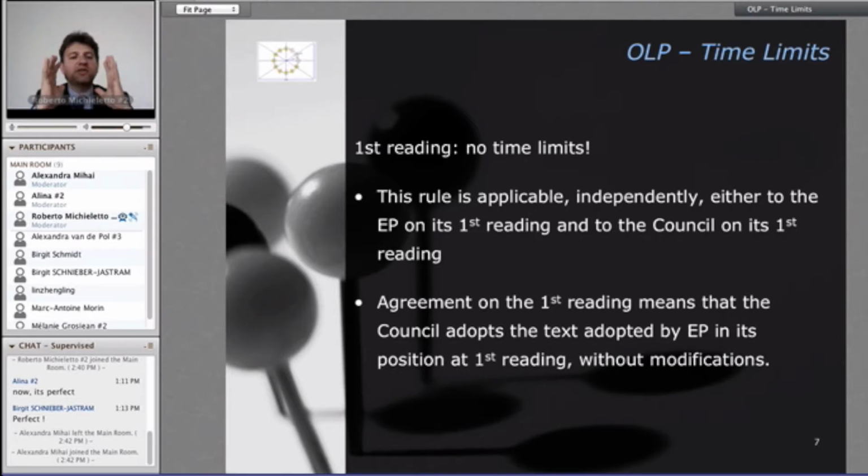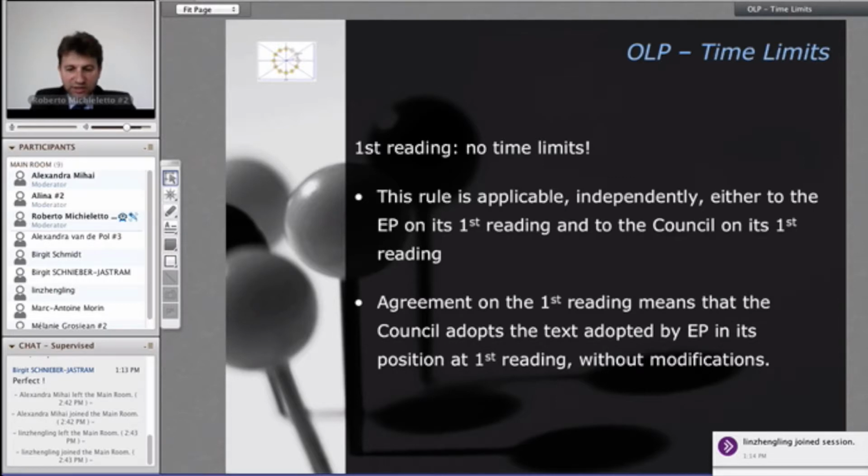This means that as the Parliament has to act as the first one, we have to wait in any case for the position of the Parliament at first reading before the Council has the opportunity to react. In one slide, Alina said there were 10 years for a proposal. So it can stay 5 years before having the first position adopted by the European Parliament, and then you can have another 5 years before the Council adopts its position.